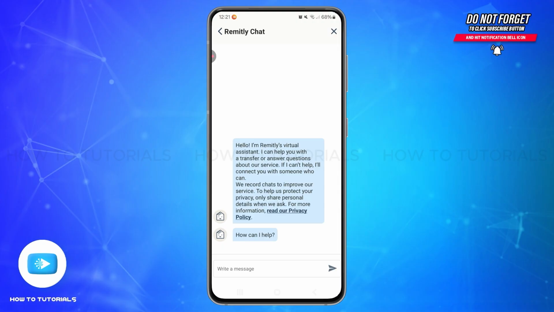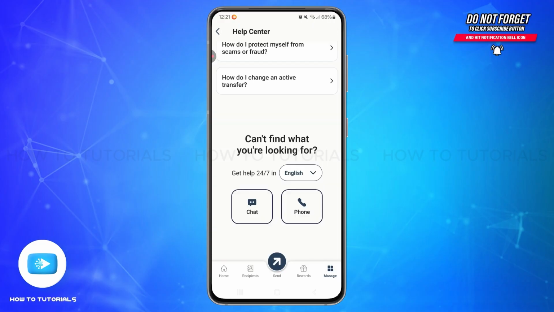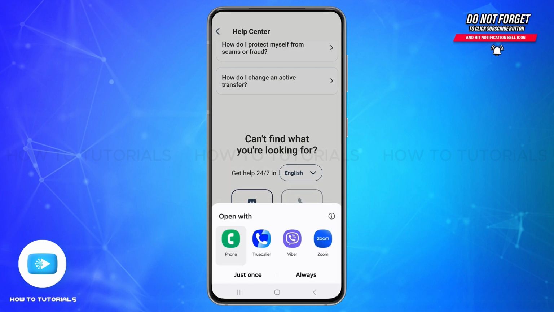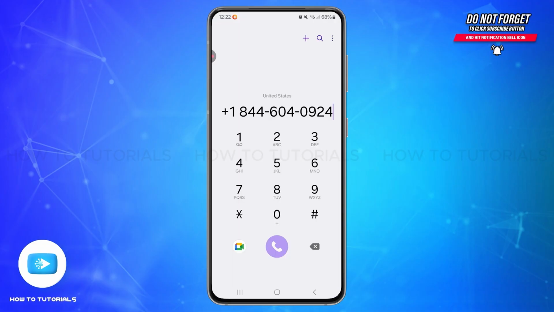Also, if you prefer calling instead of chat, then you may also call to your customer support. For that, you will need to come back to the previous page by tapping on the arrow at the top left corner of your screen and then here select the phone option. Choose one of these phone options based on your preference. Simply tap on just once or always option based on your preference